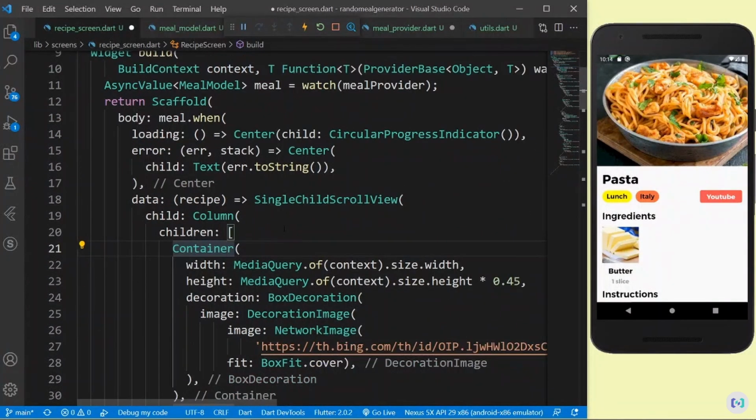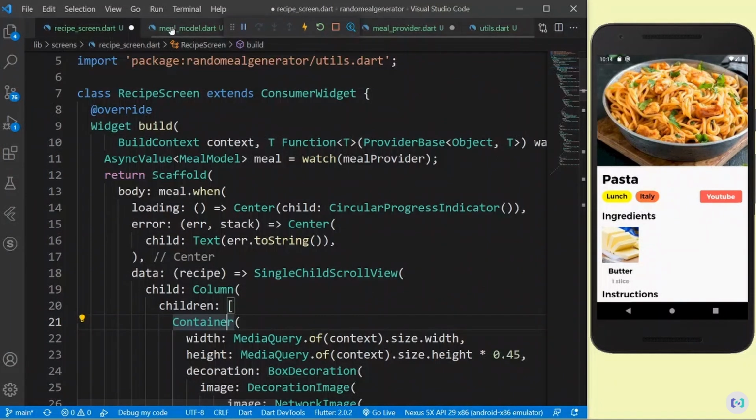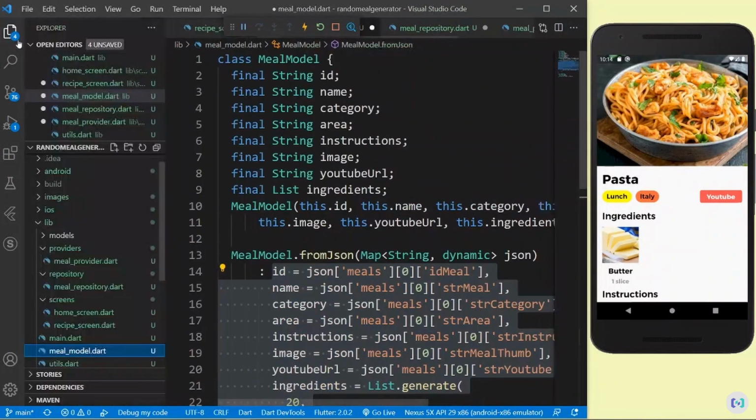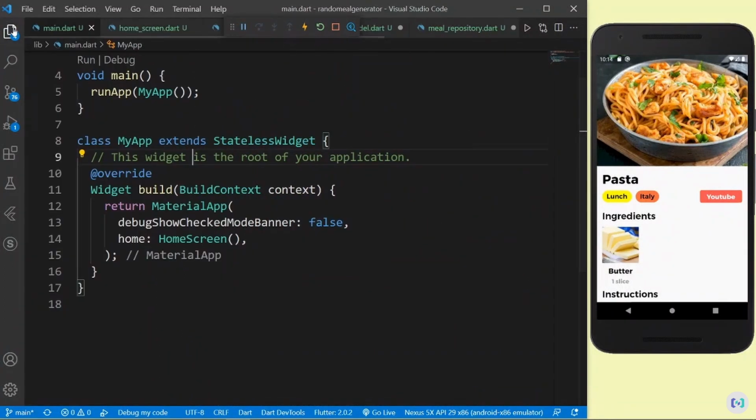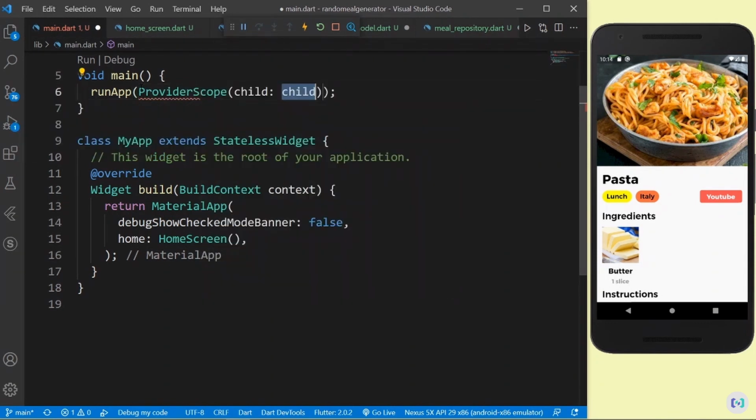Now to actually use the providers, we have to wrap the whole my app into a provider scope so that I can actually use provider. So let's go to main.dart and wrap this my app into a provider scope. Provider scope. Child of this is going to be a my app. And now when I actually just restart everything,